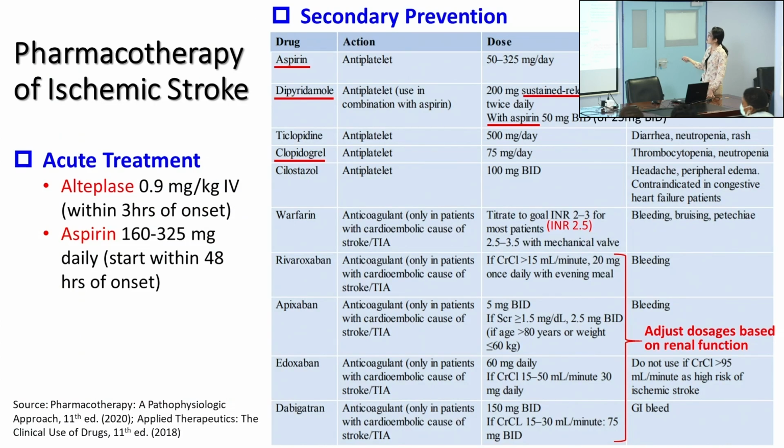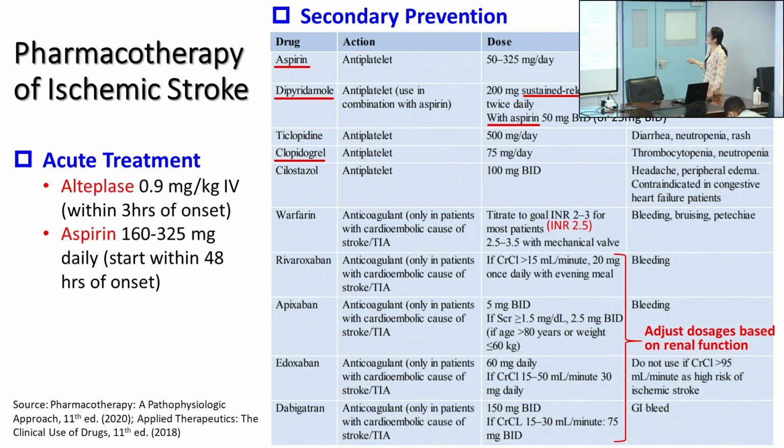Okay, and I think this is the last slide. Okay, and these agents are also very often used in ischemic stroke. Like in the acute management, we may use alteplase. This is TPA, and aspirin. And for secondary prevention, we may use